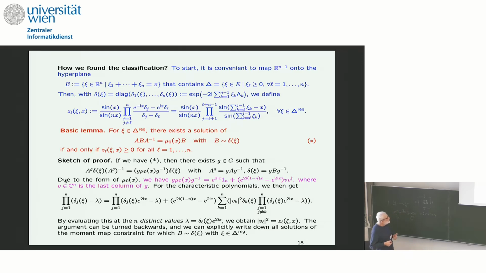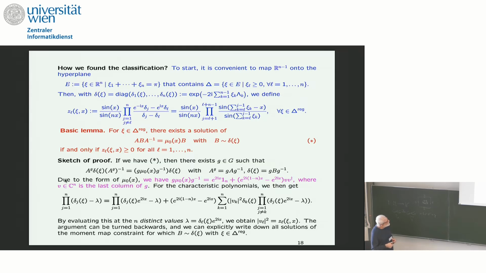And this was obtained in the following. Then one gets to analyze at what points these functions are non-negative, and this gives this moment polytope. So basically, the basic thing of the proof is just this, that we have this equation, this is the moment